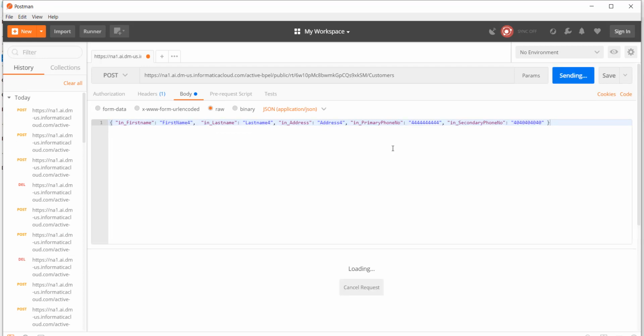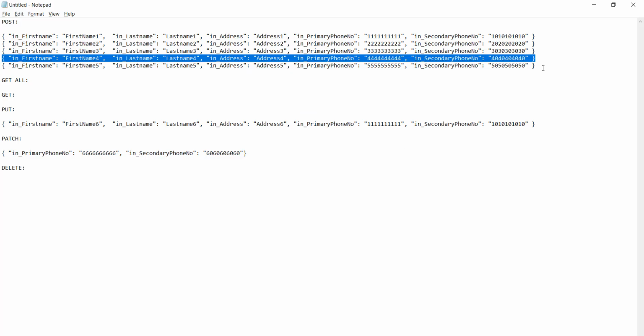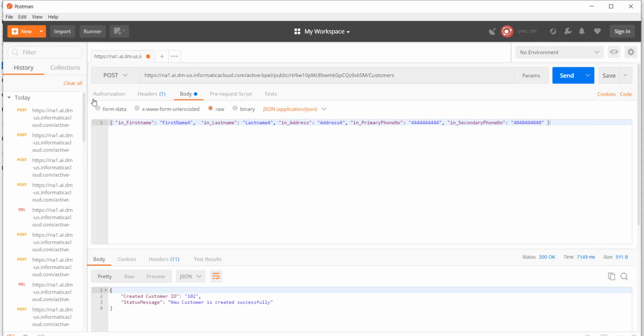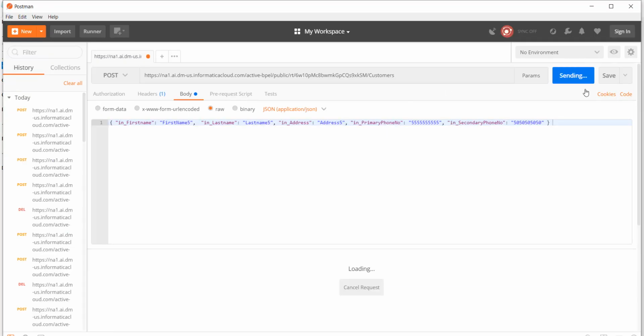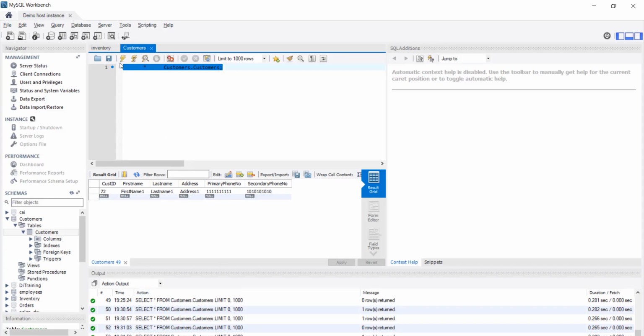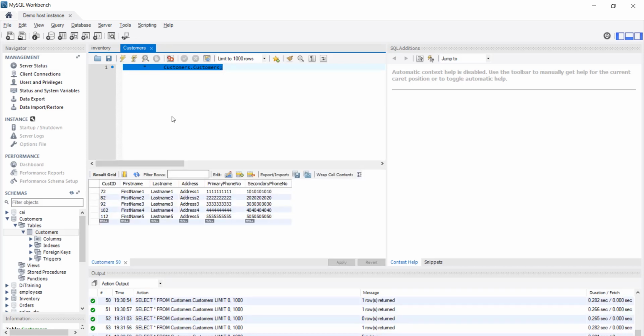That's the fourth customer. And for this demo, this is our last and fifth customer. So we got 5 customers created. Let's look at what the table shows. The table shows there are 5 customers in the table right now.